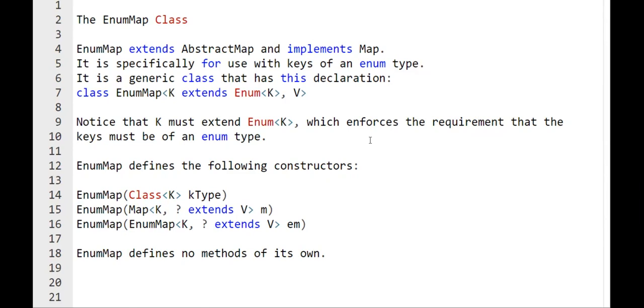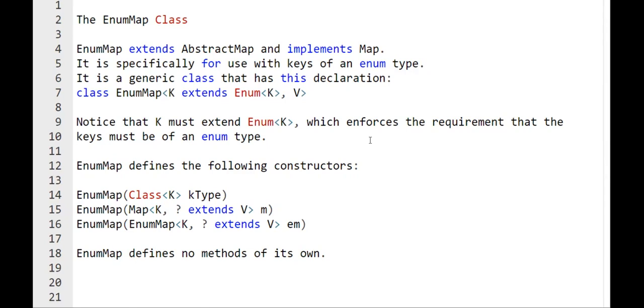There are three constructors with which we can create an EnumMap. The first one takes a Class object of type K, so any object of type K can be passed as a parameter.